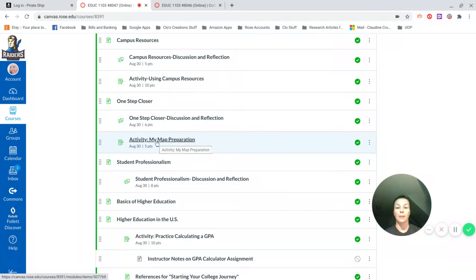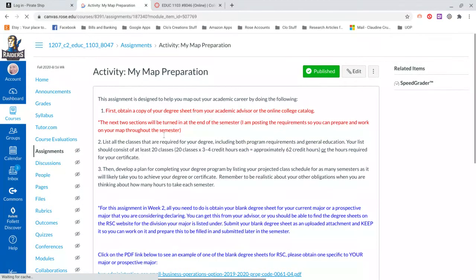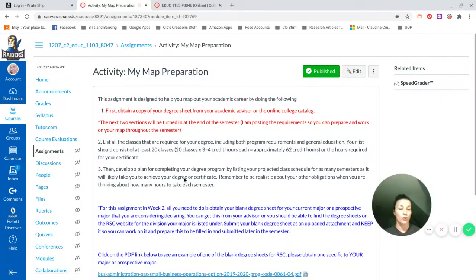But one thing that I'm going to point out, I'm going to go ahead and click on it just so we can go over it real quick. I gave you the entire description for this activity, but you're not actually going to complete the map as of right now. All you need to do is we're preparing for it. So if you have already selected your major, or if there is a prospective major that you are interested in that maybe you haven't declared yet,